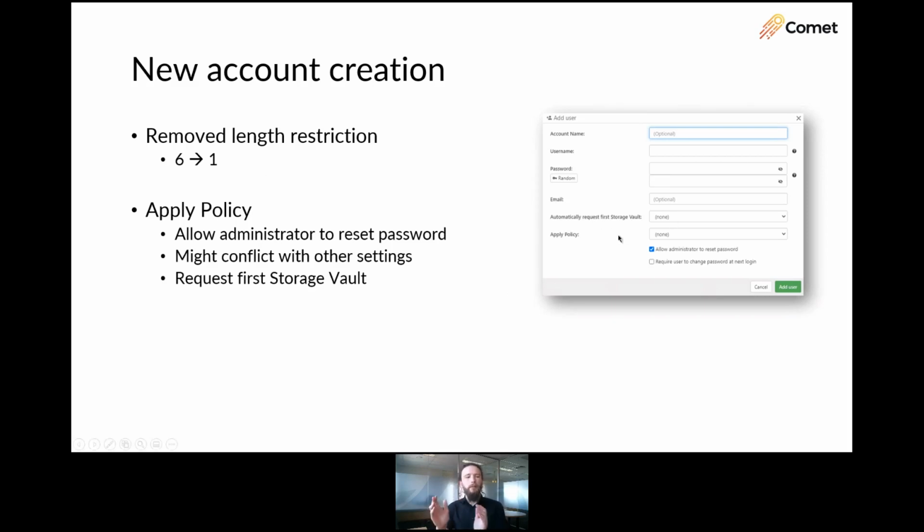Just taking a step backwards to look at the big picture here, the way this whole account creation process works at an API level is that it has to create the user account, load the user account, and then change its email settings, apply the policy, request the storage vault, and there are actually separate steps that happen in a certain order. With the storage vault requesting, there is a possible conflict with the policy setting. One of the things you can do with the policy is to restrict the types of storage vault. So it's possible that applying the policy